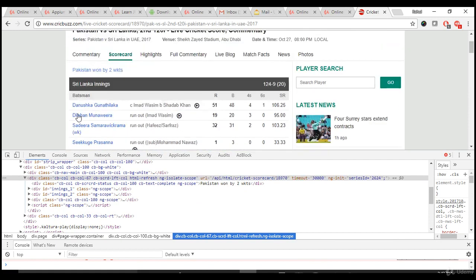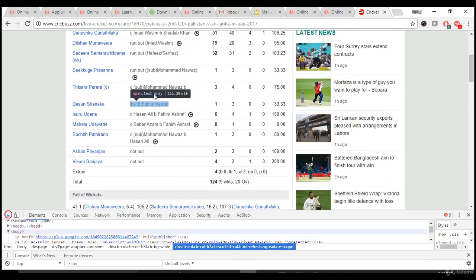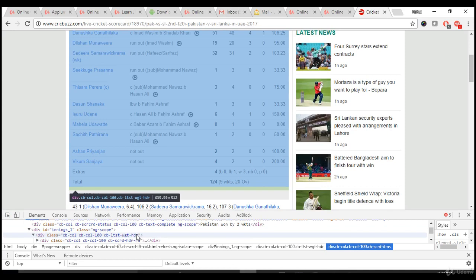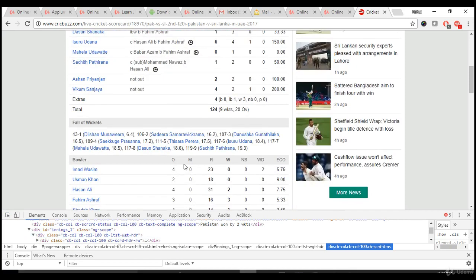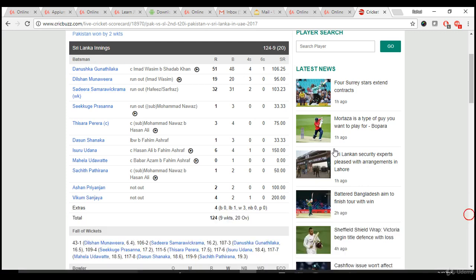And let me show you one more thing. I'll scroll down and yeah, you see that it's highlighting only till here. It's not highlighting the things after that. So that means this parent object is restricted to this table only. And our testing scope is also inside this table. So that means first we can start by picking up parent web element and then we can proceed from there. Okay, so let me right click inspect again.